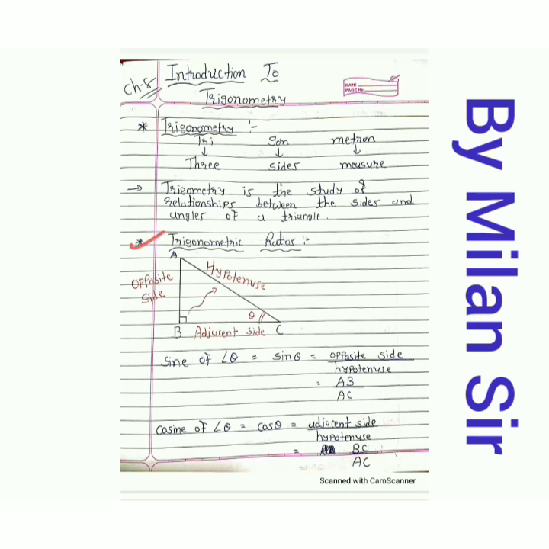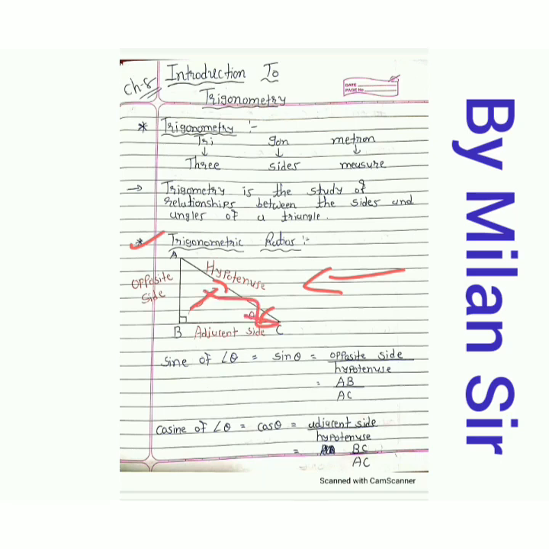Before explanation of those words, just look at this triangle. This is a right angle triangle. The side opposite to right angle is called hypotenuse. Now I take one reference angle. Total three angles are present here: angle A, angle B and angle C. Angle B is right angle. So I consider angle C as my reference angle and I give name theta to my angle. Theta is measurement of angle C.